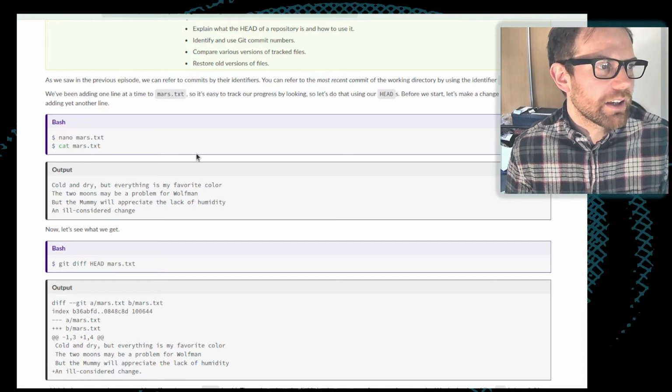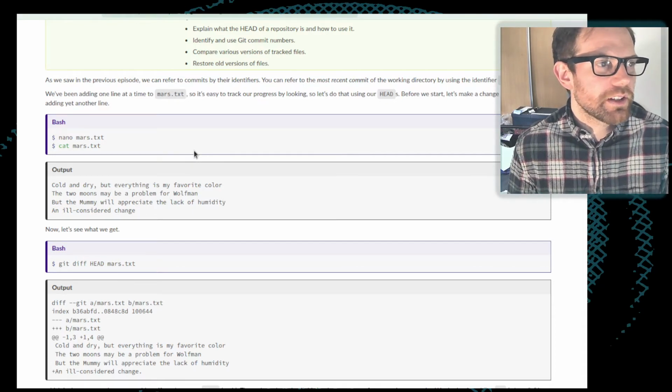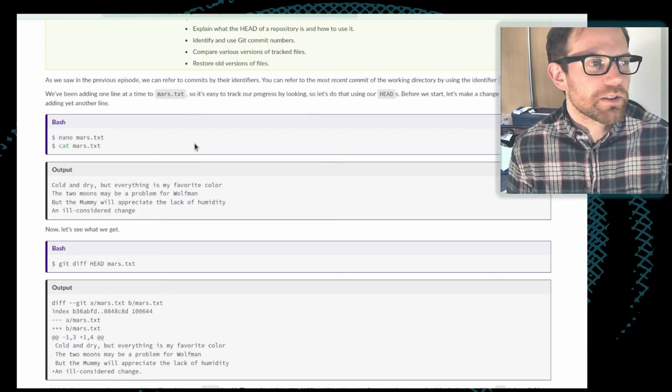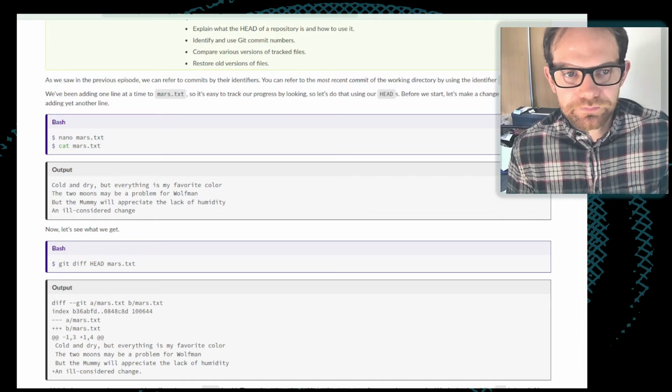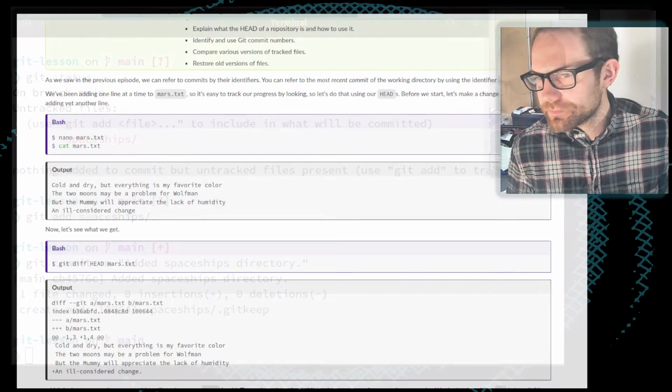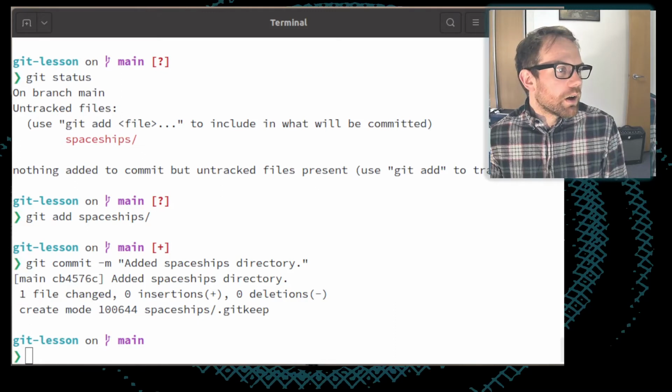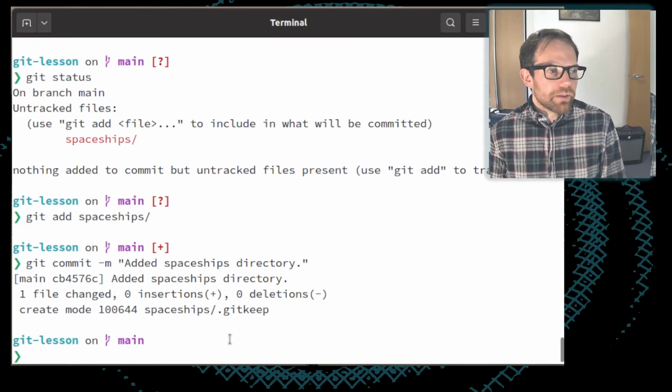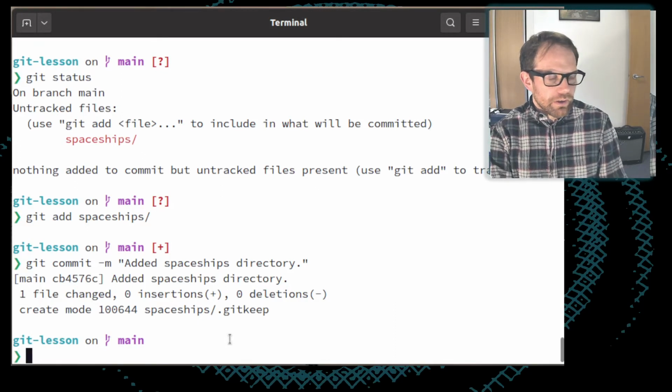Up until now, we've been adding one line at a time to this mars.txt file, so it's been quite easy to see what's been going on in terms of our progress in the repository. So let's, for example, right now have a look at the contents of mars.txt.